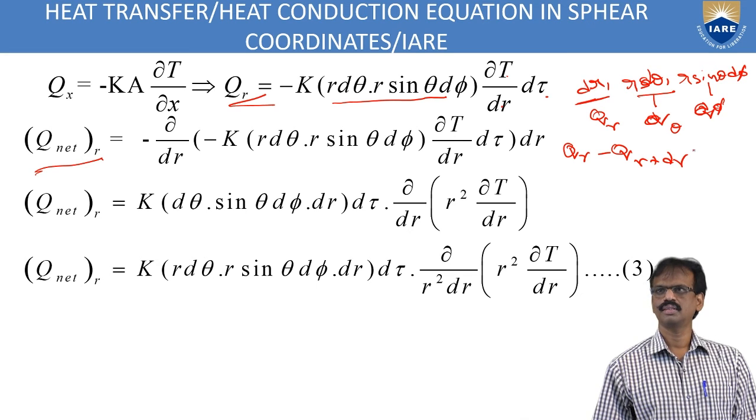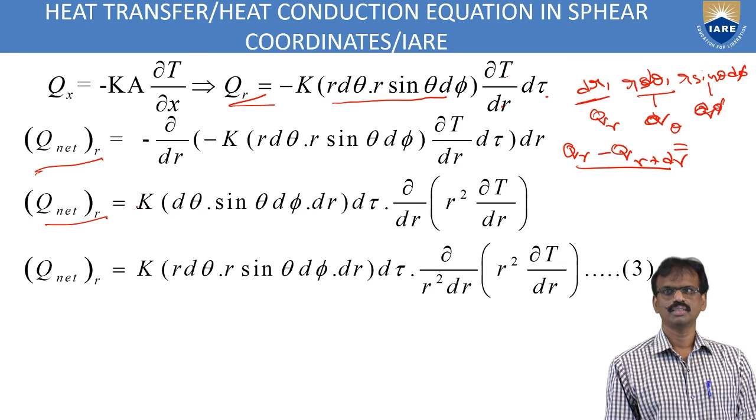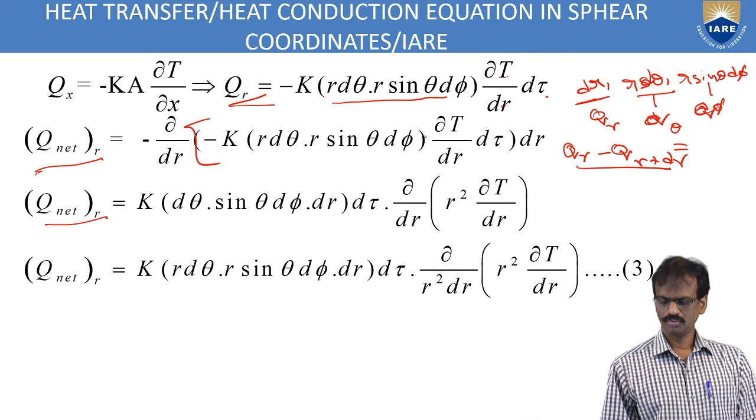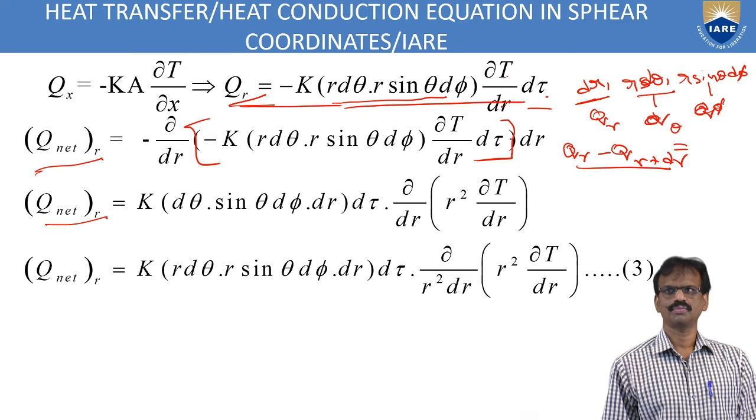So this is the dr. Okay. So if you solve this one, you will get this one. Q net with respect to r is equal to, so just like here, q net with respect to r is equal to minus dou by dou r into, so minus bracket of, so place of q. So this is the qr place, complete qr value. So substitute that qr in this one, right, into d tau.